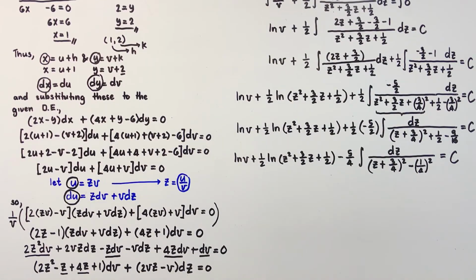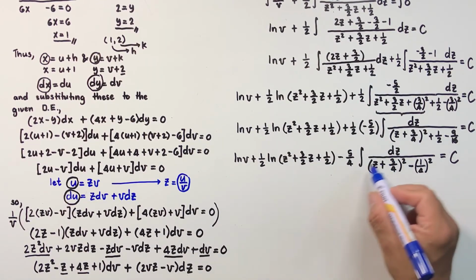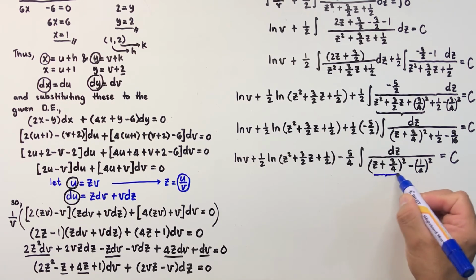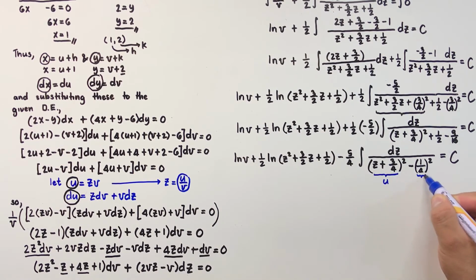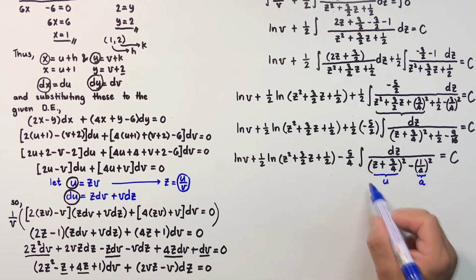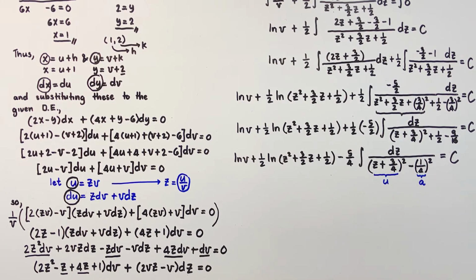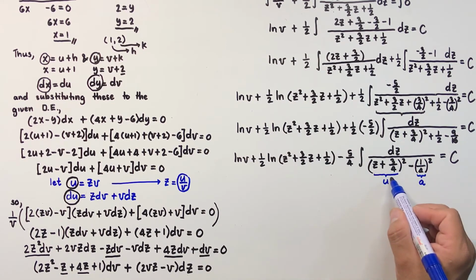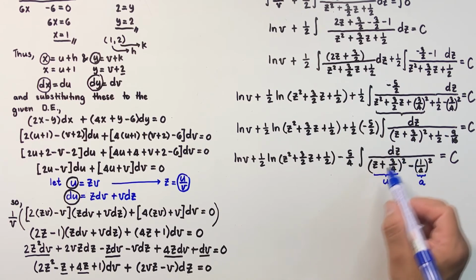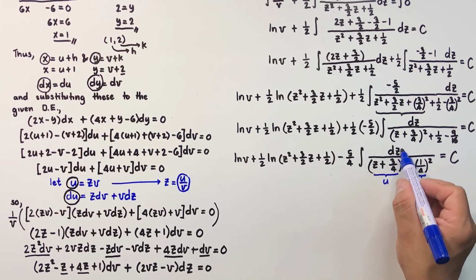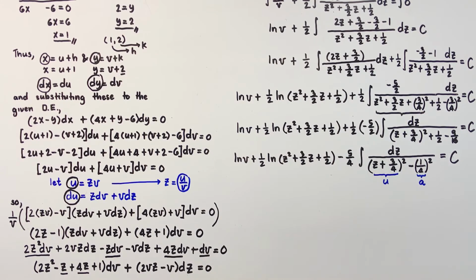And we notice that here in this denominator, if this is our u and this is our constant a, we have a denominator that is u squared minus a squared. And we have also the differential of our u here in the numerator, because the differential of z is dz and the differential of 3/4 is 0. So we can apply our knowledge in integrating a fraction that is du over u squared minus a squared as the